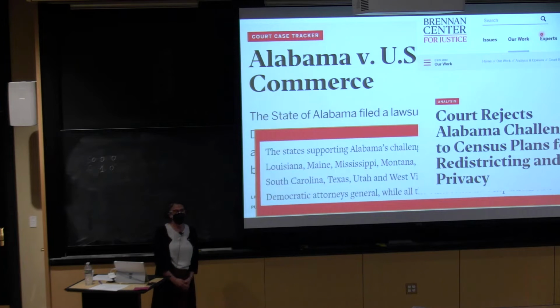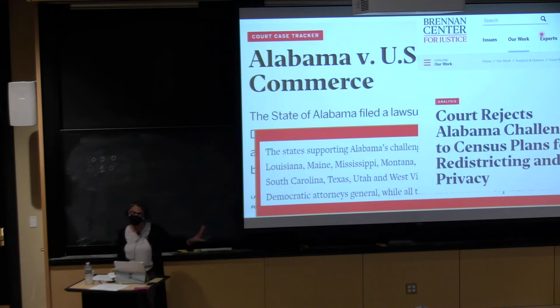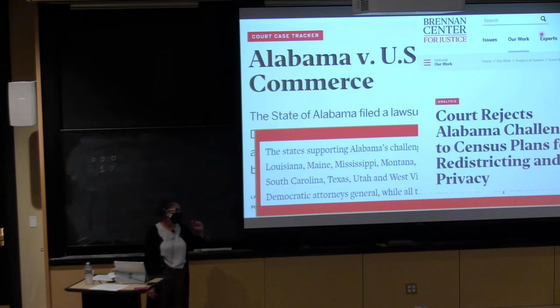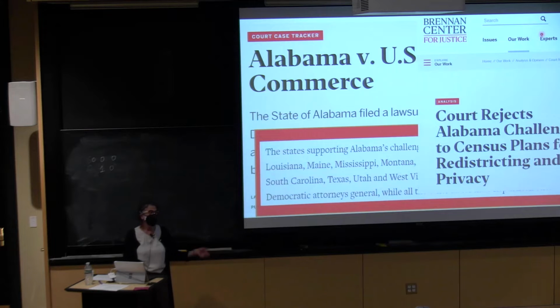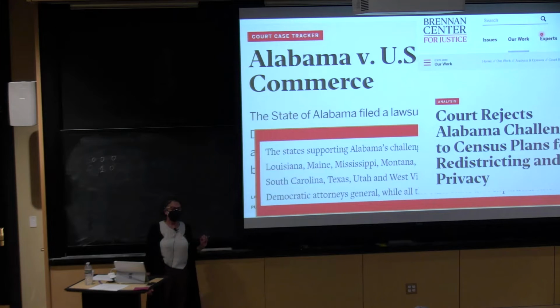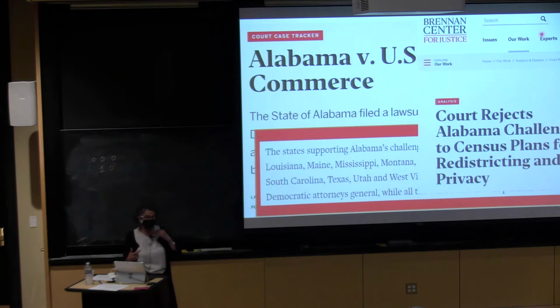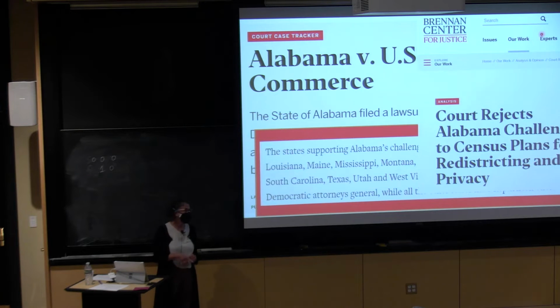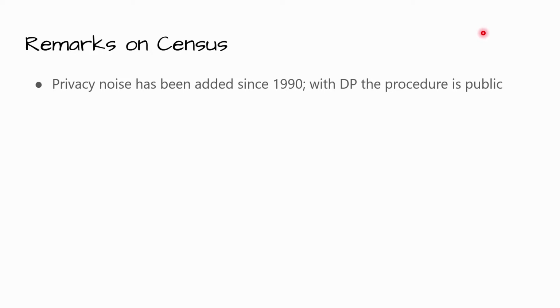But this is not over. So these are the redistricting files. These are what's used for apportionment to the House of Representatives. These numbers, that's the first thing. For Voting Rights Act cases, other numbers get used. For allocating funds, other numbers than just the first set get used. And we're going to see what happens. We just don't know. So just a couple of remarks. This is my last slide.